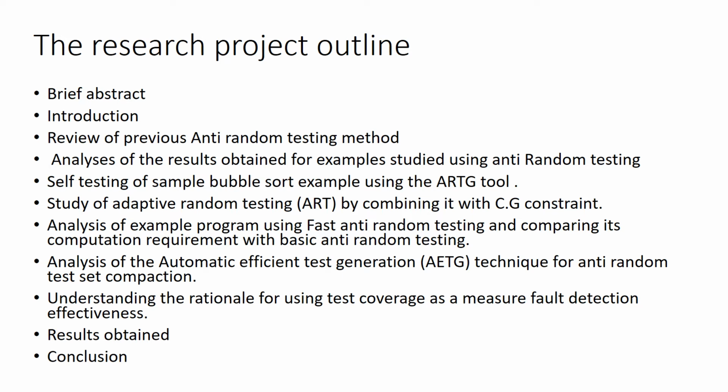Study of adaptive anti-random testing by combining it with CG constraint, analysis of example programs using fast anti-random testing and comparing its computation requirement and its applicability for large anti-random testing programs, analysis of automatic efficient test generation technique for anti-random test set compaction using sample examples, understanding the rationale of using test coverage as a measure of fault detection effectiveness and to evaluate its reason using